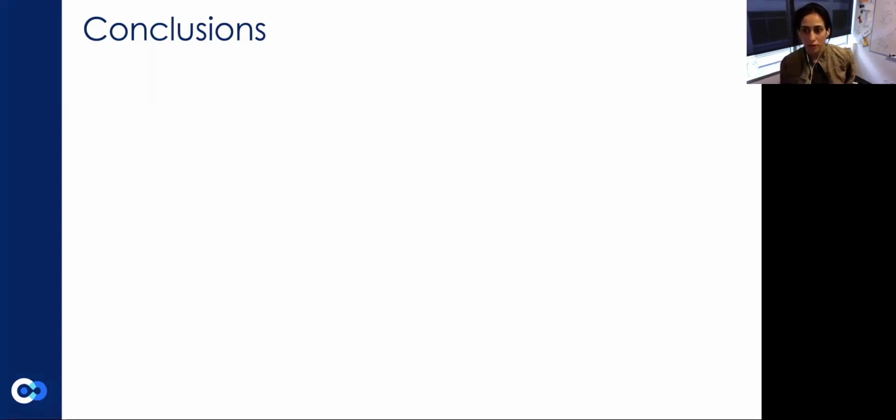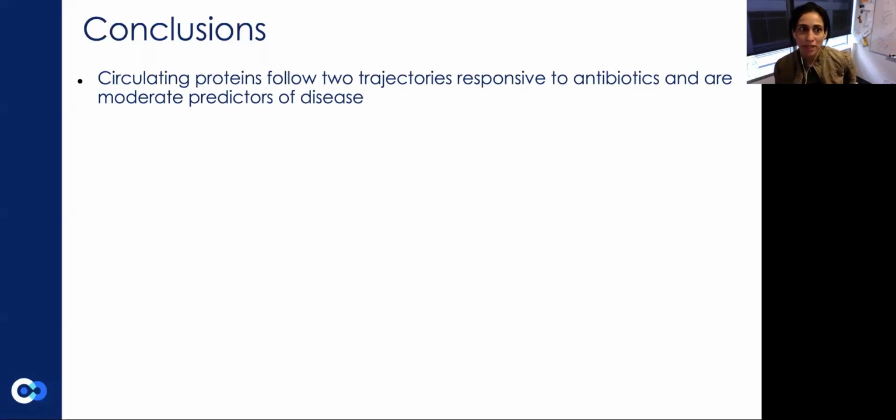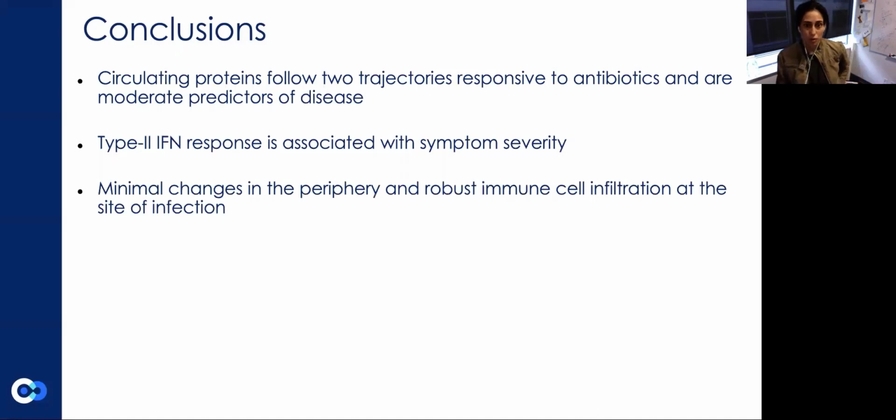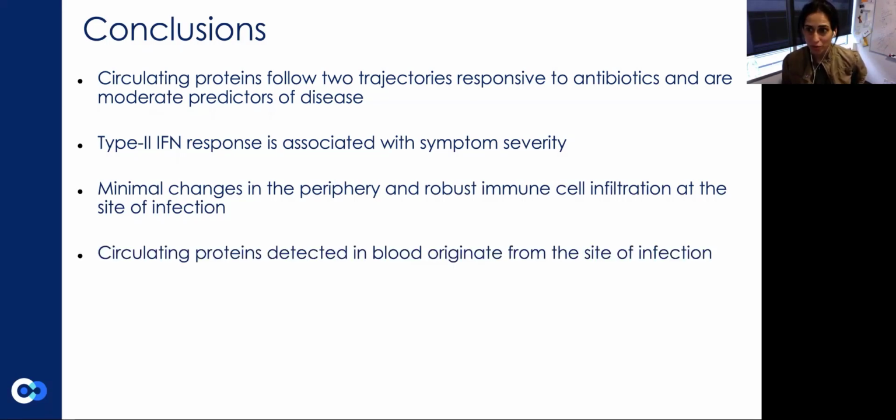Those are all things that we're currently investigating. But in a gist, we see that we can pick up a circulating immune protein signature that can moderately discriminate patients from controls. This includes a type 2 interferon response that associates with disease severity. But in spite of the circulating signature, there's really minimal activation of immune cells in the periphery. And most of the circulating proteins in the blood actually originate from the site of infection,